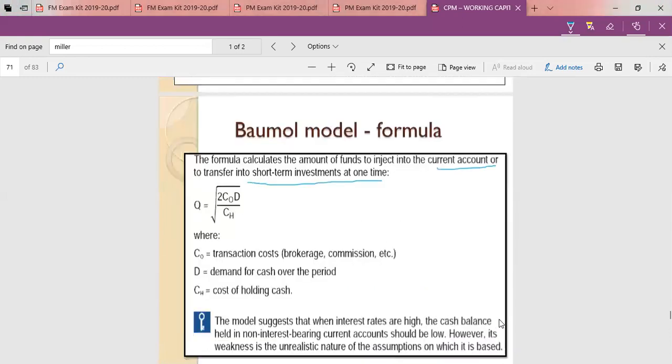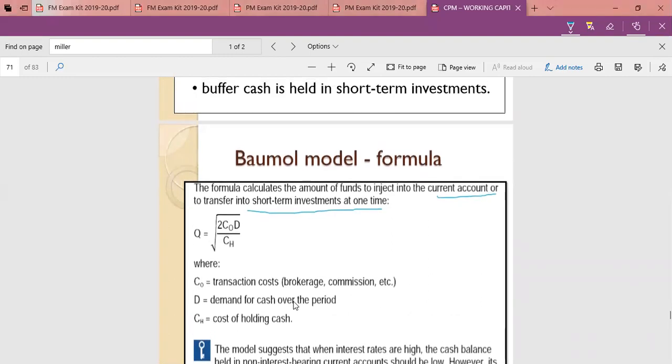Do you see, the one looks similar to the EOQ model, root 2 CO D by CH. So here CO is equal to the transaction cost. There it was ordering cost. Then demand for the cash, that is demand for the material there. Here it is cost of holding cash, that was cost of holding inventory per year per unit. Formula-wise it is the same, the explanation-wise also it's the same. There it was inventory, here it is cash. Okay, that is a simple way to remember Baumol's